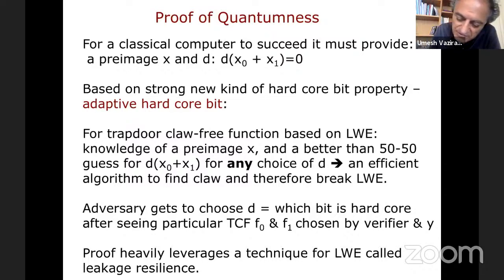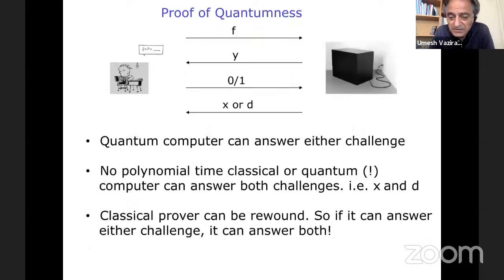As I said, so far I said this somewhat informally, but let's look at what are the precise conditions we need for this whole thing to work. For a classical computer to succeed, it must provide one of the two pre-images, x0 or x1, so let's call that x, as well as